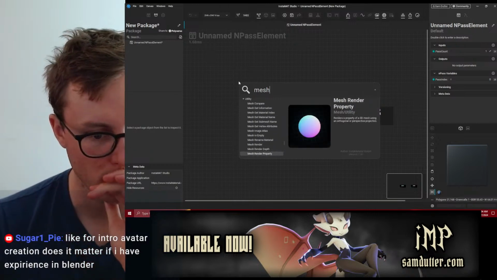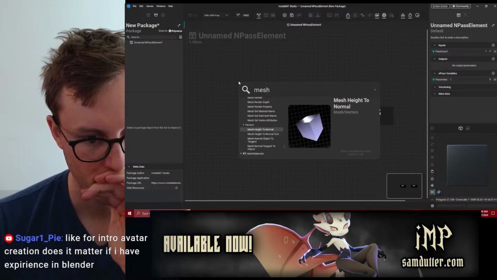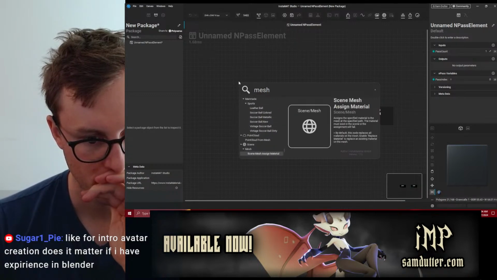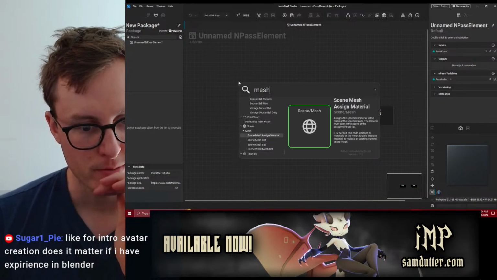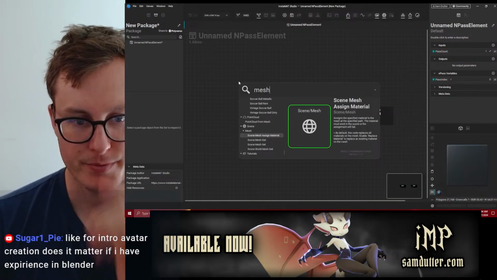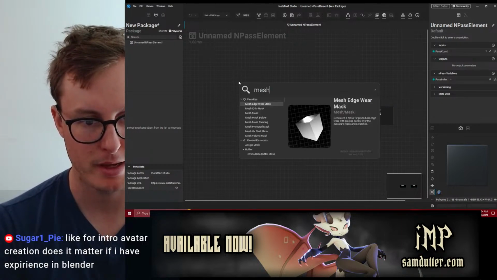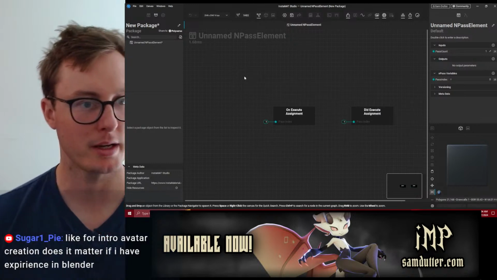Okay, very cool. Source mesh assign material. Source. Source. So what happens if I try to bring in a mesh?